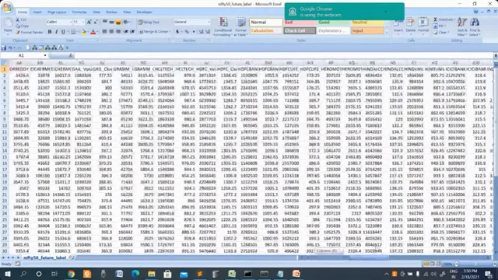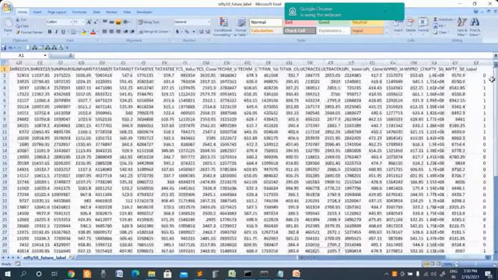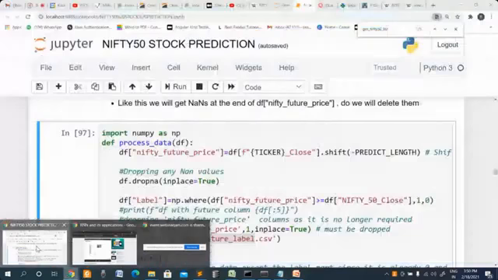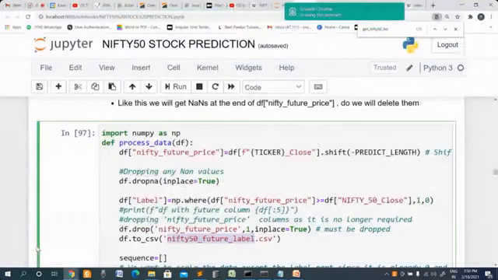And if you look at the end, the label is there, and it is 0 or 1. This is the meaning of labeling the data. Based on this, we can decide whether we want to buy or sell, or whatever we want to do. What we are comparing at that particular time is the Nifty future price with the Nifty close price, and then we label the data.